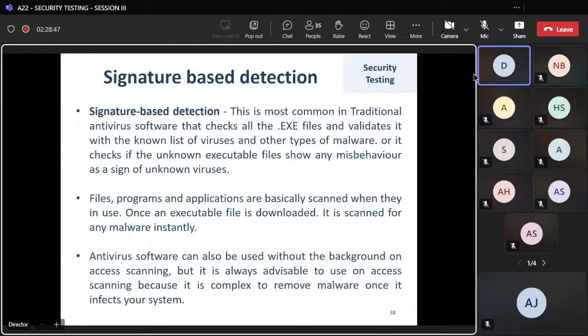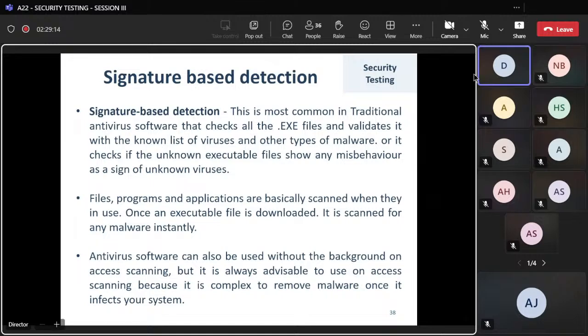And signature based detection is one of the common traditional antivirus approaches. So that will be checking all the executable files, and it will try to validate them against the known list of virus patterns. And if the pattern matches, then it can identify this. The detection is purely based on the signature that is available on the infected